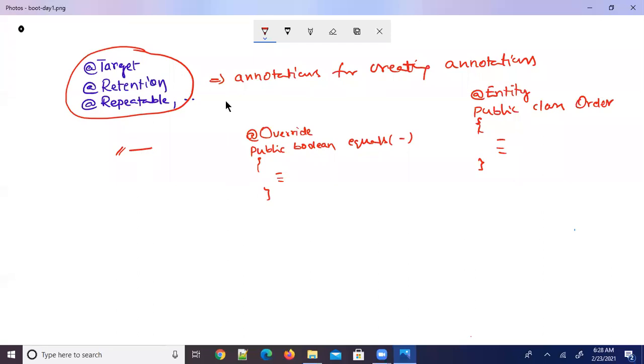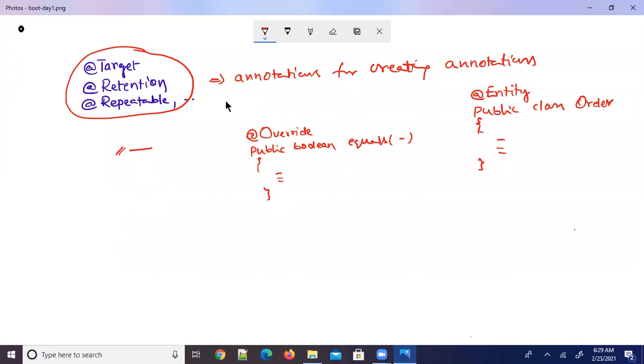This is an annotation you write at the class level, and this is an annotation you write at the method level. Of course, in Spring also I'm going to tell you about annotations. That is what today's session is for. So annotations you write at either class level or method level, or some annotations we write at field level.